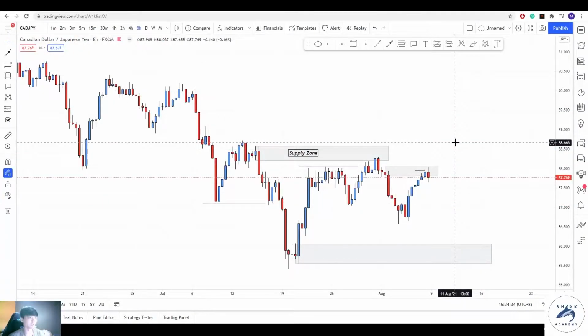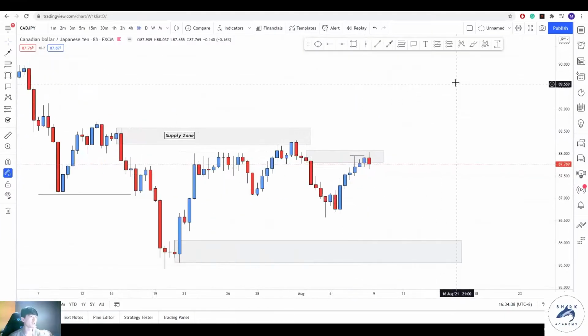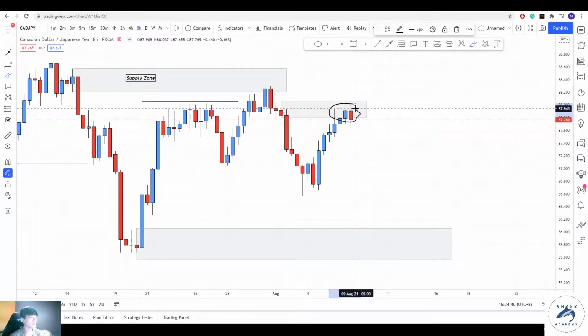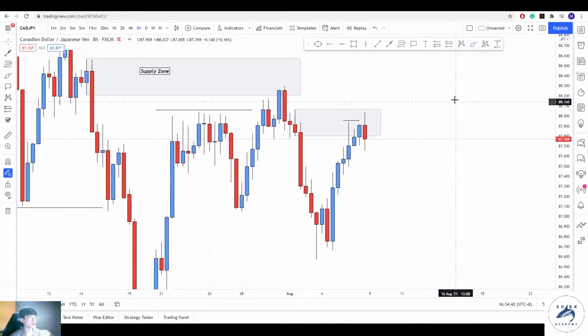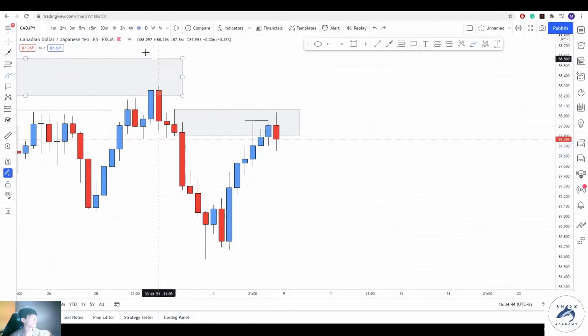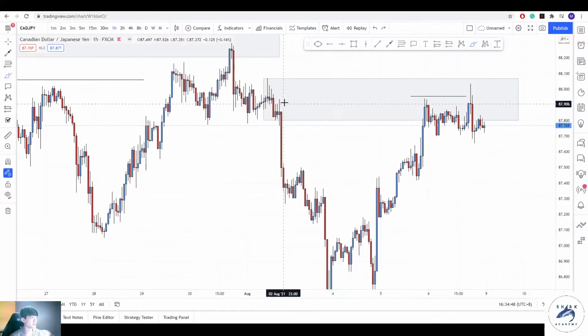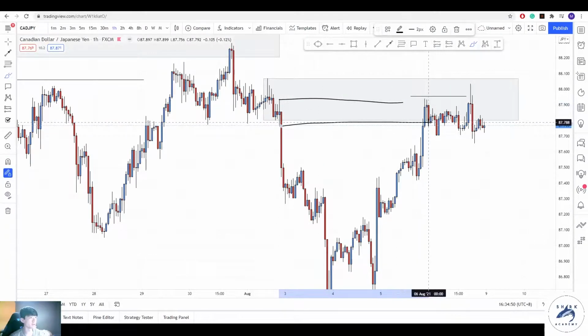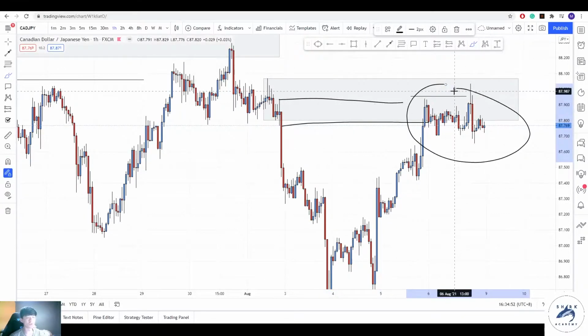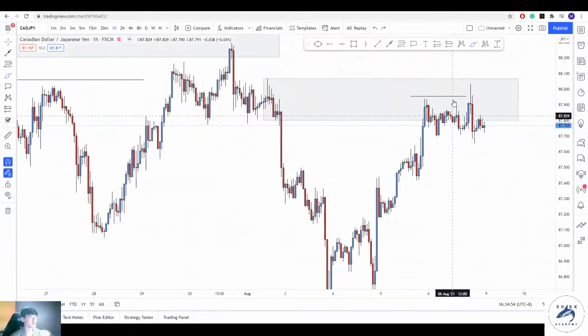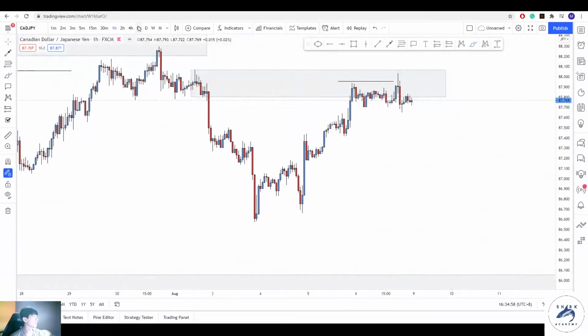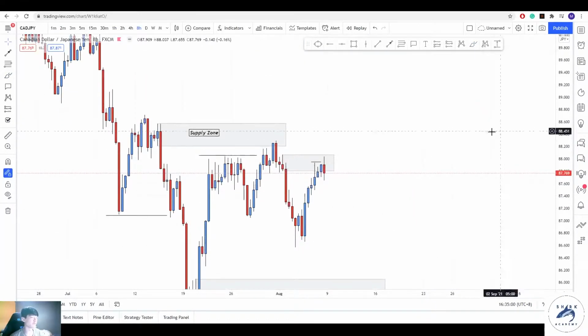The next trading idea would be the CAD yen, and this is pretty clear cut. We actually took a trade over here this week, and I think we got a 0.1% loss because we were waiting for lower prices to be met at this supply zone, right? We closed our trade before the NFP because we understand that yen pairs are going to be heavily affected as well. And that is why over here on the 8 hour time frame, we understand that we have a supply zone